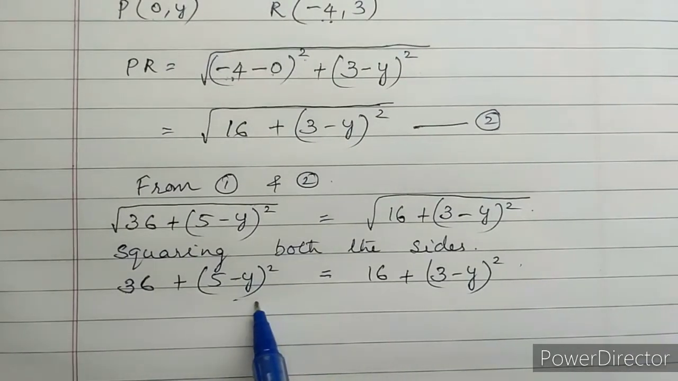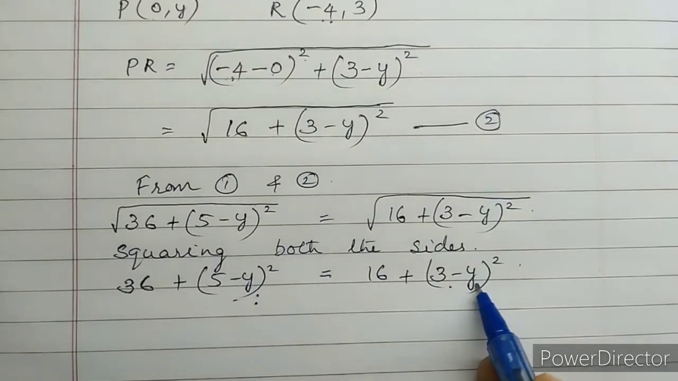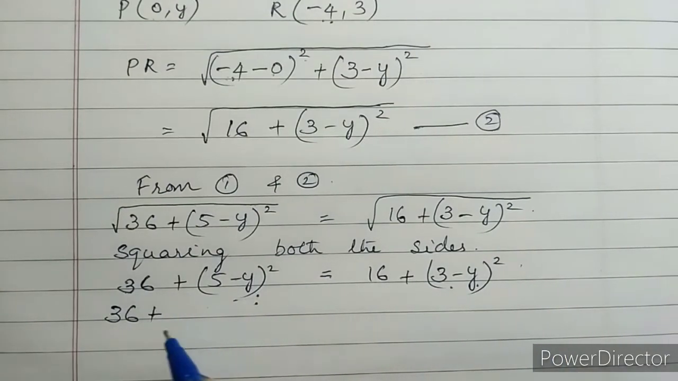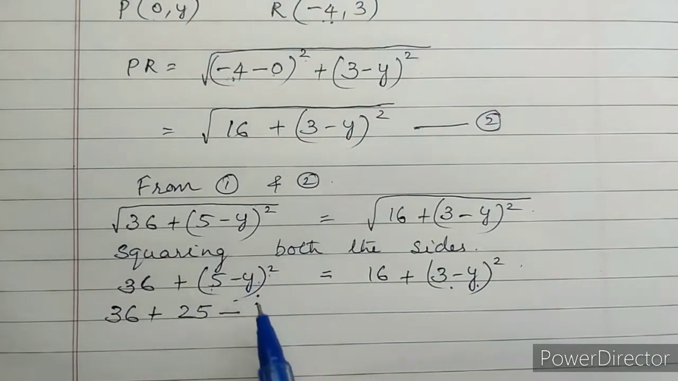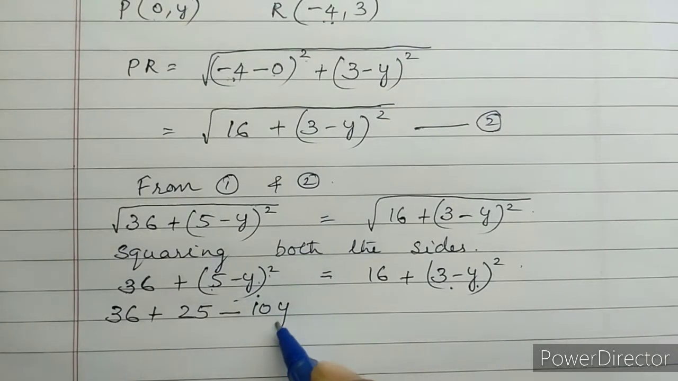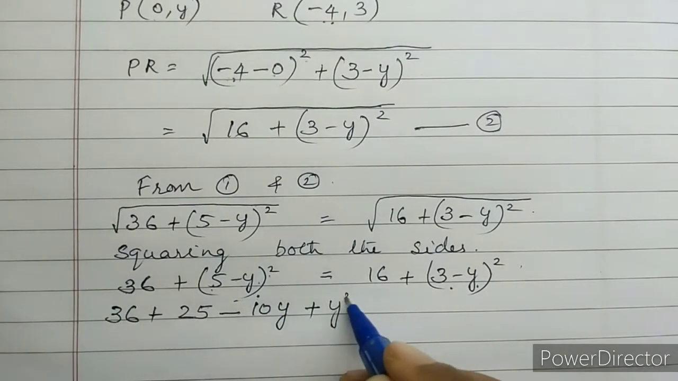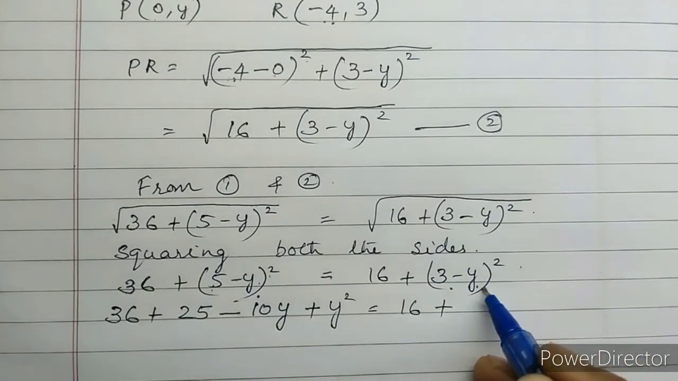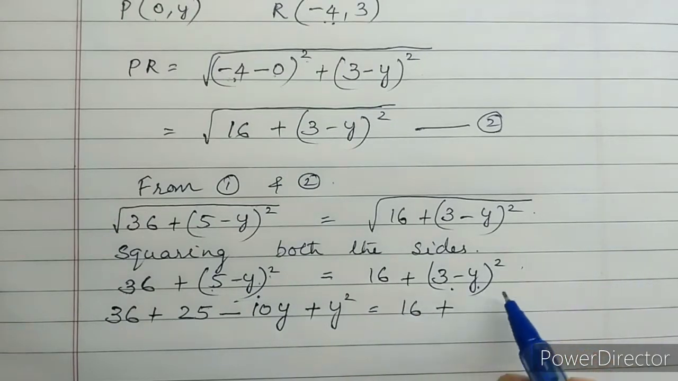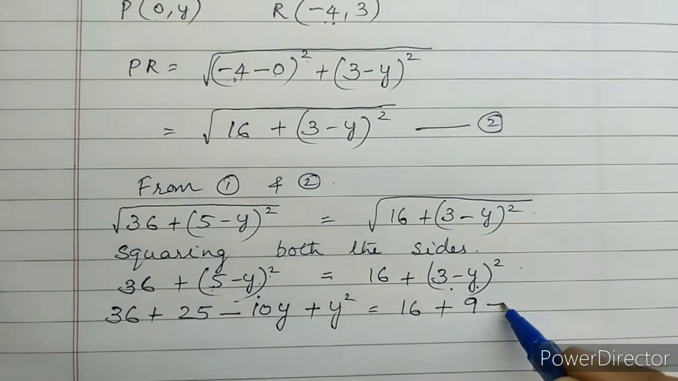How you will open? Expand it using the identity (a minus b) the whole square. Here also (a minus b) the whole square you can use. So 36 plus (5 minus y) the whole square: 5 square is 25, minus 2ab, 2 into 5 into y, 10y, plus y square, is equal to 16 plus, here also same identity, (a minus b) the whole square equals a square minus 2ab plus b square. So a square means it is 3 square, which is 9, minus 2ab, 2 into 3, 6y